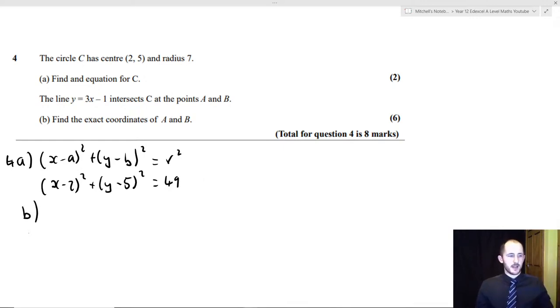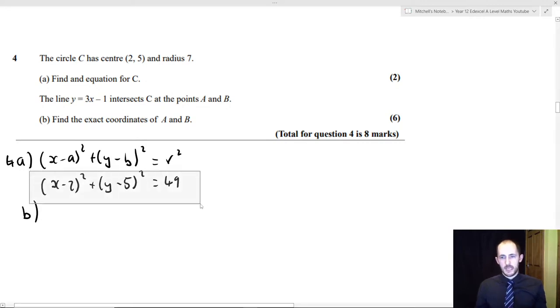Part B, okay, this is fairly interesting. This is, again, not a difficult question, although it's worth 6 marks, right? But it's annoying, okay? So the line y equals 3x minus 1 intersects C at 2 points, A and B. Whenever two lines or two curves, or a line and a curve, intersect, it means both equations are true. So at the same time that this equation of the circle is valid, this is also valid. So what that essentially means is we have a simultaneous